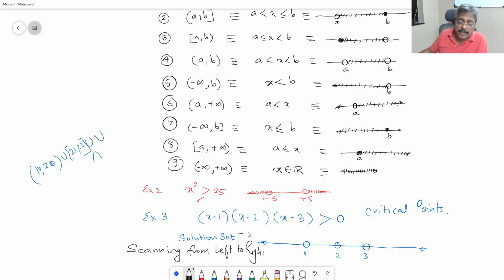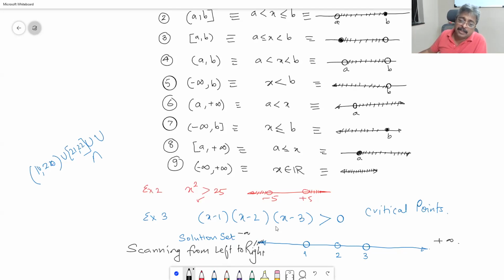Left is towards minus infinity, right is towards plus infinity. I am not saying that this point is minus infinity or plus infinity; it is towards. So if I start walking from minus infinity and keep putting